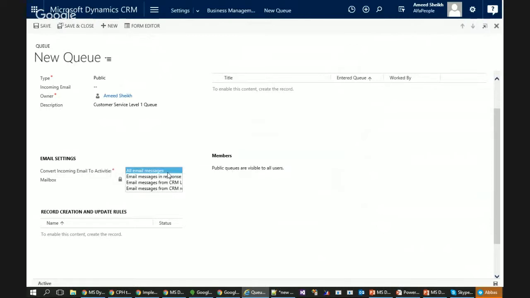You can say all kinds of emails that come to this queue, only those which are responses from outbound emails from CRM, or the emails which come in from leads, contacts, or accounts, then convert those to activities, or all emails from CRM records that are email enabled. So this is a feature which comes into customization. By default, contacts, accounts, and leads are email enabled. So what that means is that there's an email address field which is by default considered by the system, by the application,